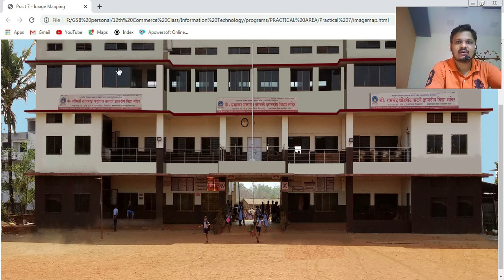This is all hall area, and now this is exactly page1, means entrance. See, this is a hand shape icon, means it's a clickable area, clickable region, right? So this is about the image mapping program in HTML5. That's it for this video.